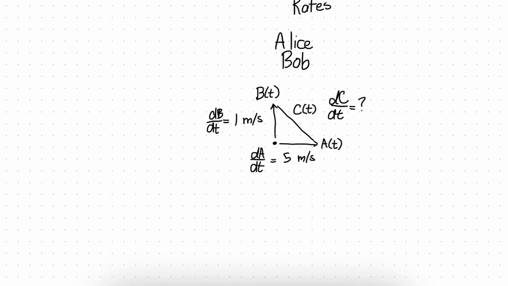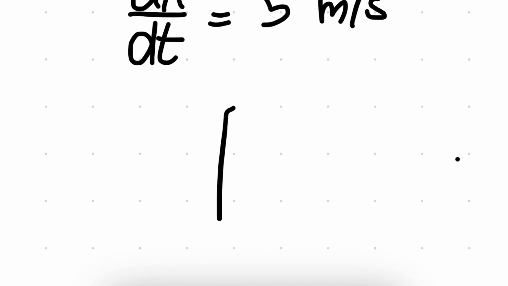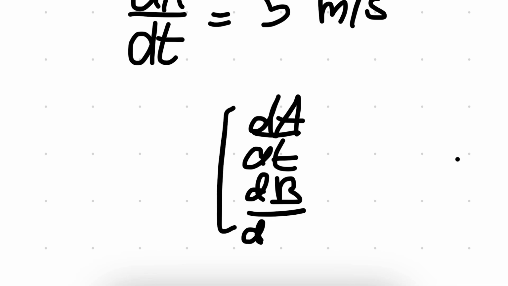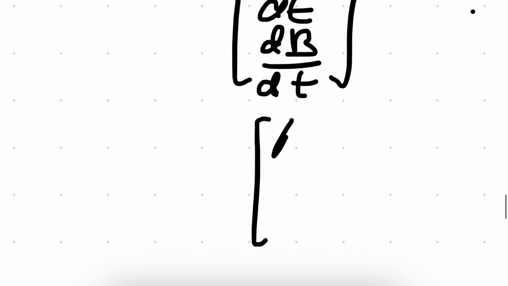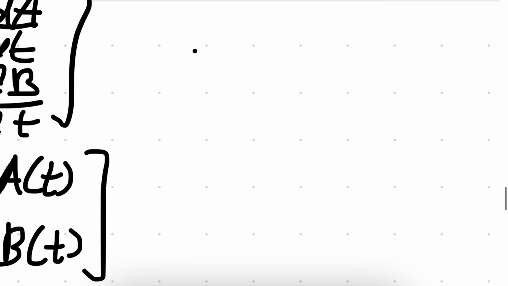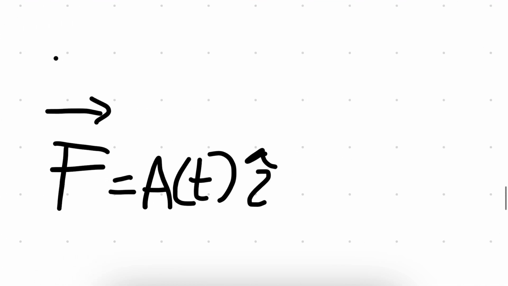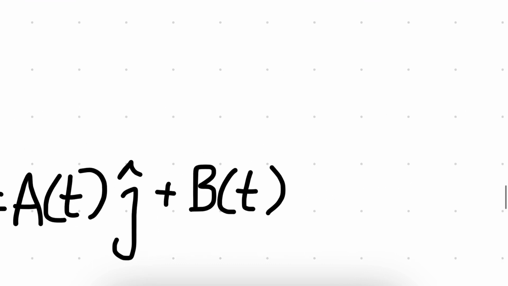So primarily, we have a of t and b of t. If I just collect a of t and b of t into a column vector, or if I say f is equal to a of t times the j hat basis vector plus b of t i hat, then we have a vector field. This is a vector field,